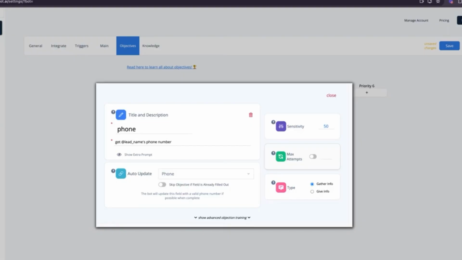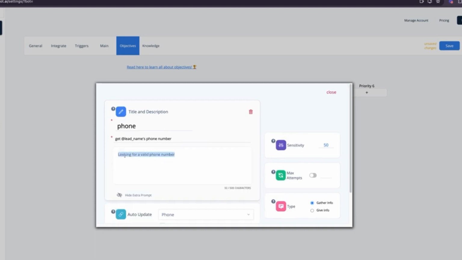The extra prompt area is an area where you can expand on your short description if needed. This is information that your bot only sees when it's working on this objective. For example, here we have a phone objective where it's trying to get their phone number. We can show the extra prompt and see that we're clarifying we're looking for a valid phone number here. Anytime you want to expand on your short description and it's relevant only to this objective, do it in the